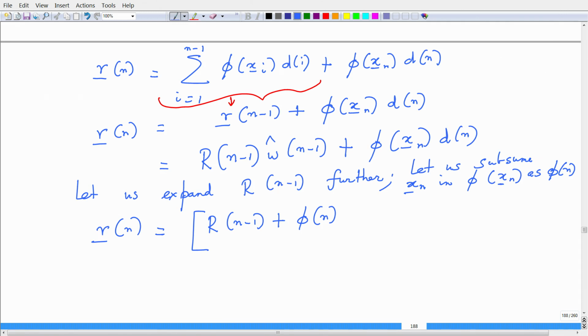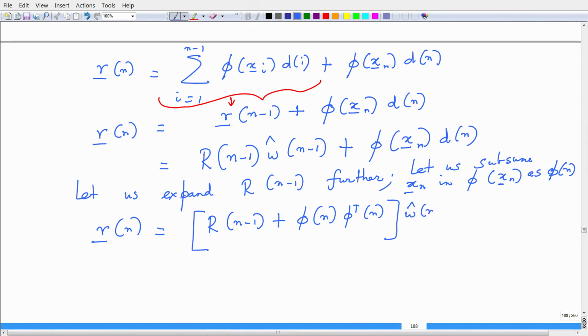Because I have to write this x n throughout and carry this forward, I will subsume this in this form. So, my vector R of n is this. What I do is I add phi of n, phi transpose n into this term. In that way I am sort of expanding this out here,